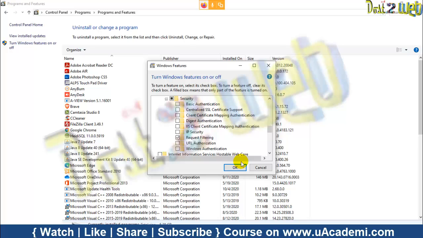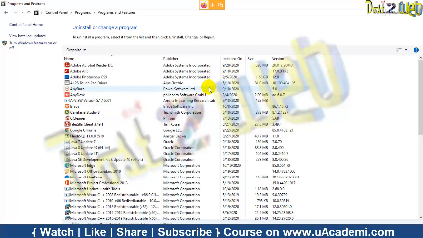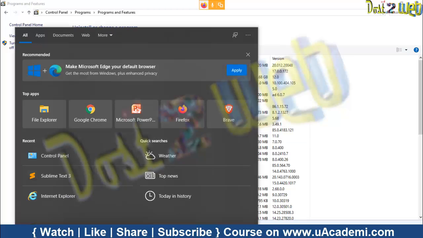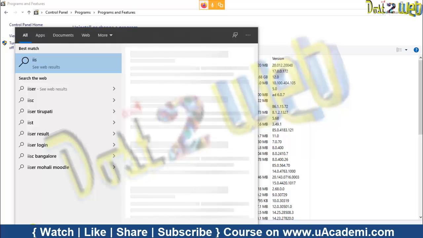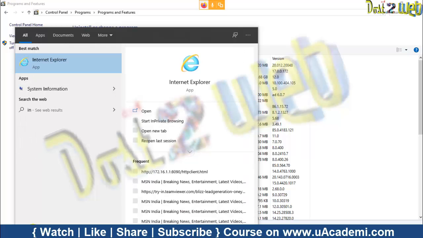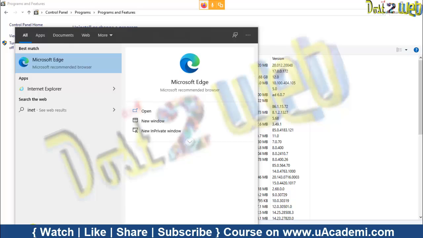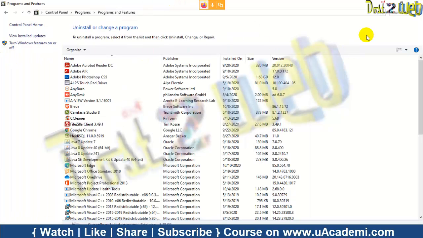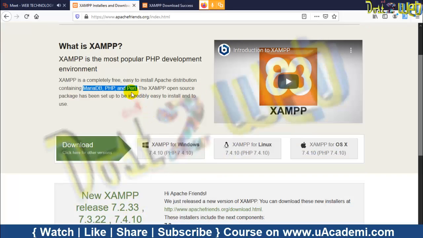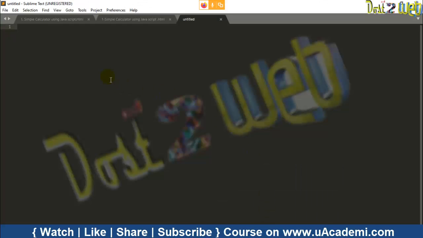It will ask, and it will require a system restart. The moment you restart your system, you will get an IIS symbol. You have to type here IIS, or you can type inetmgr. The moment you type it, it will give you the option of opening IIS. These are the methods to run your server-side scripting. Because if you want, I'll show you one example. What we will do,